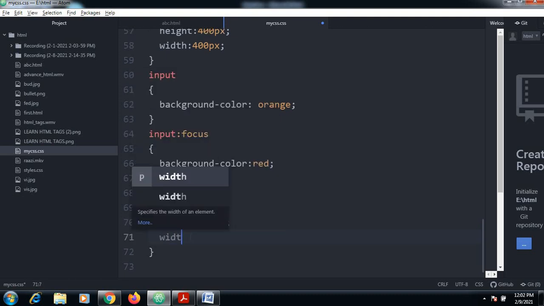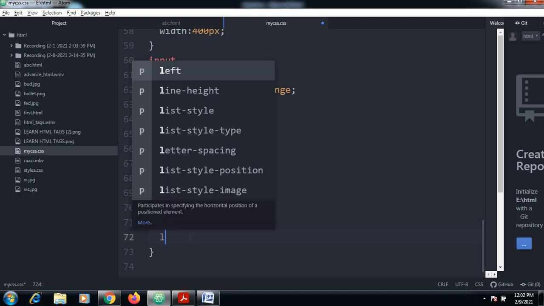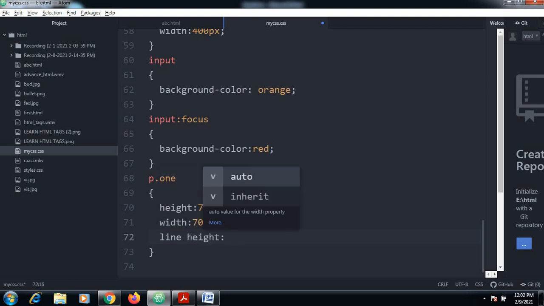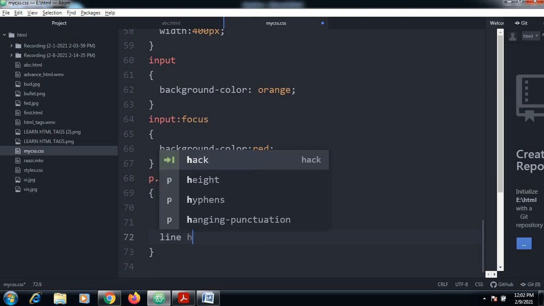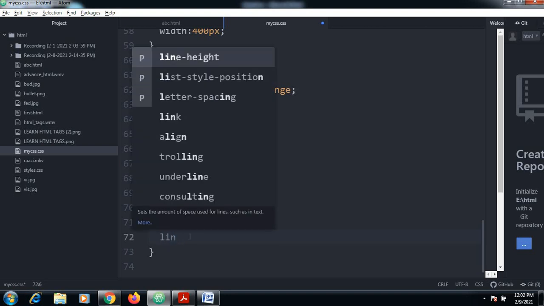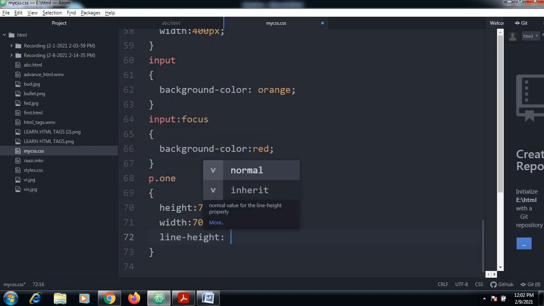Width also I will change. I'll make it 700 pixels. Width also as 700, and now I will make the line height around 10 em.